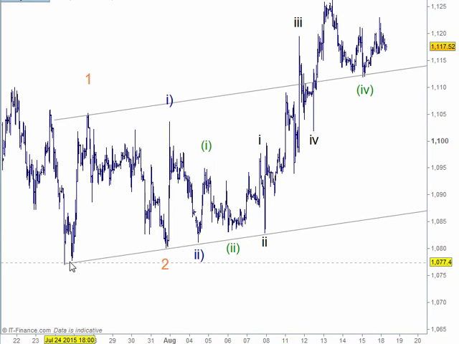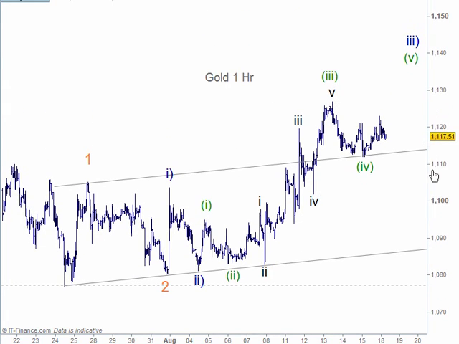This particular low down here that we've had counts quite nicely as an impulse wave up here. This one counts quite nicely as an impulse wave. This one's 5 waves as well here. So we've got these series of wave 1s and 2 and 1 and 2 and 1 and 2, and then we've got 5 little waves in here for 1, back for 2 here, then 1 and 2 and 3 and 4 and 5 here for the 3rd, the 4th, and the 5th here. So this does sit quite nicely as a 4th wave through here.